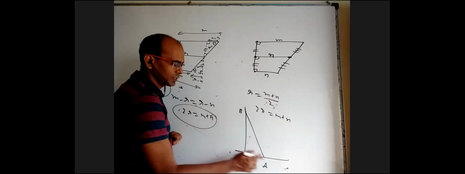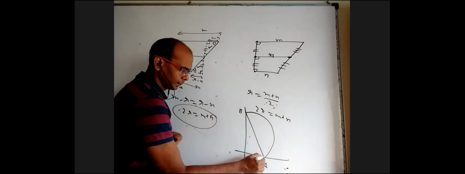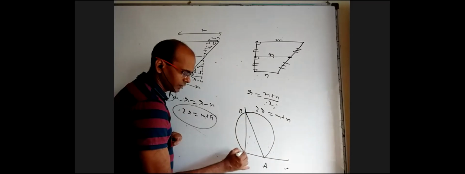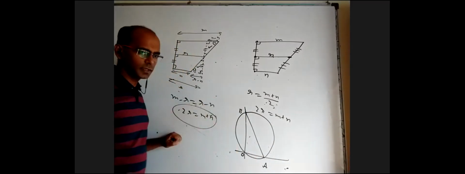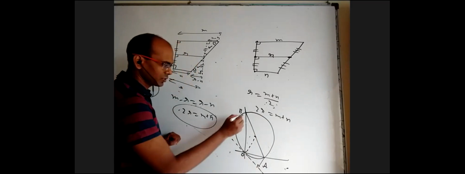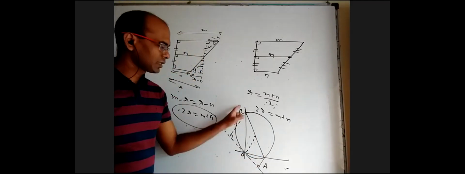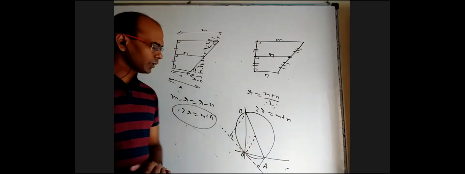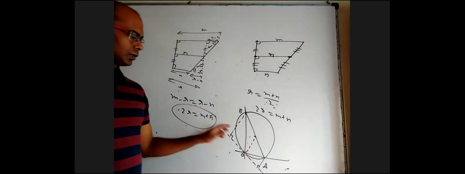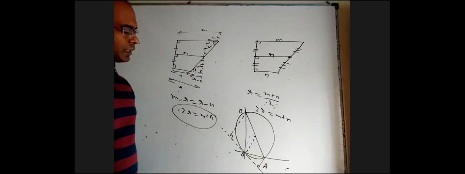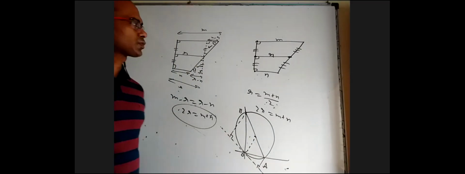We have 2 points A and B. Take these two as ends of diameter. That circle will definitely pass through O because angle AOB is 90, and this is the center. If you draw a tangent at O, from A there will be some perpendicular distance, and from B there will be some perpendicular distance. If this perpendicular distance is M and this one is N, what is the diameter? This length. But that is the same as this length, which is going to be the average of these two.